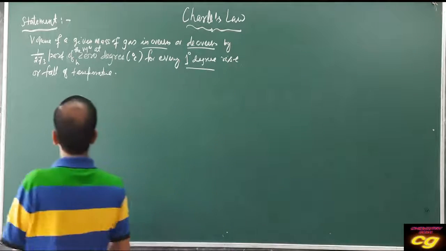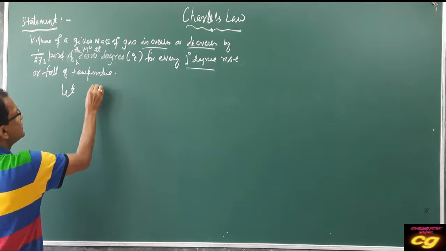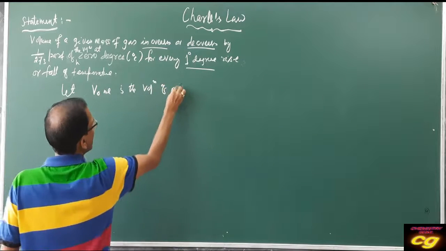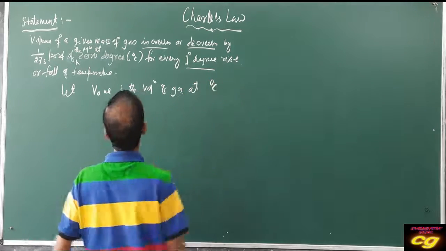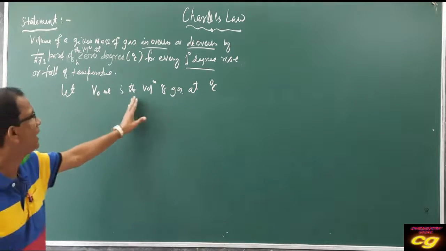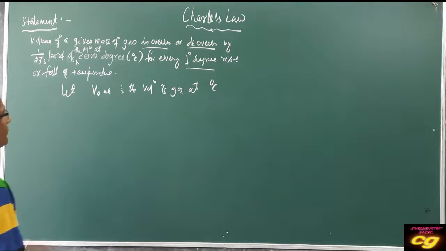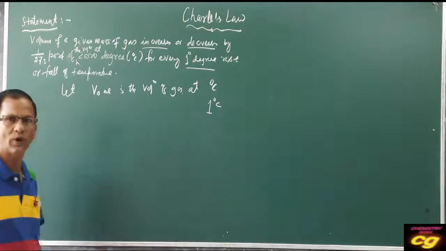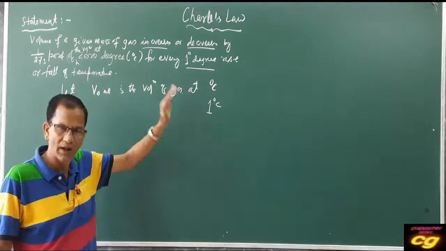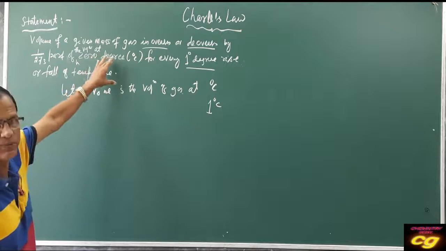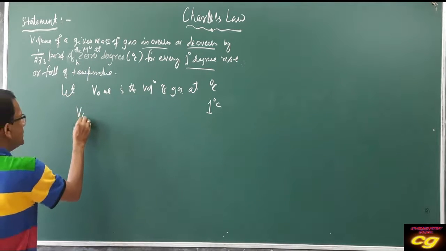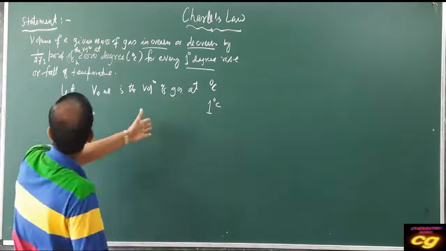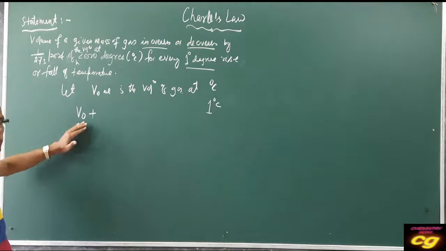So let V0 ml be the volume of gas at 0 degree Celsius. This is the volume at 0 degree Celsius. So what is the volume at 1 degree Celsius? If the temperature increases by 1 degree, as per the statement, initially it was V0, plus, as temperature increases, the volume will increase. How much increase? Initially that volume will be added with